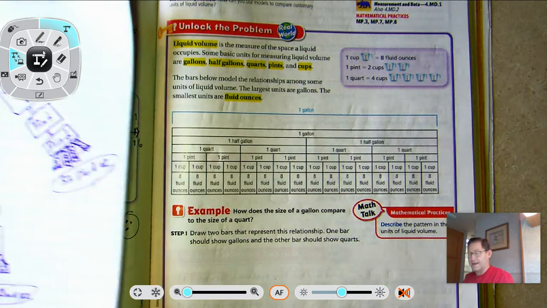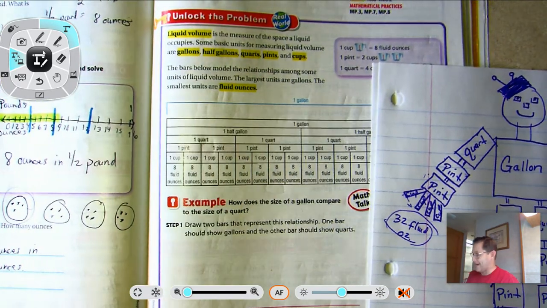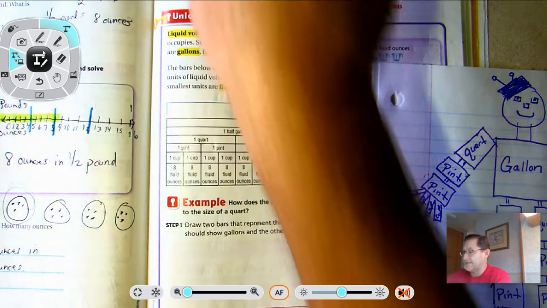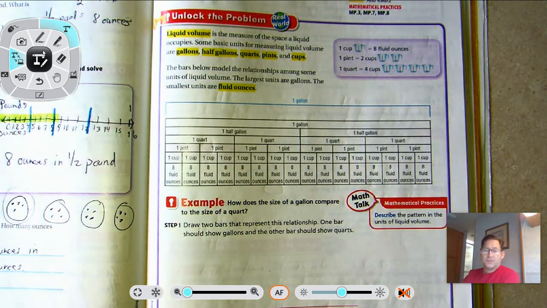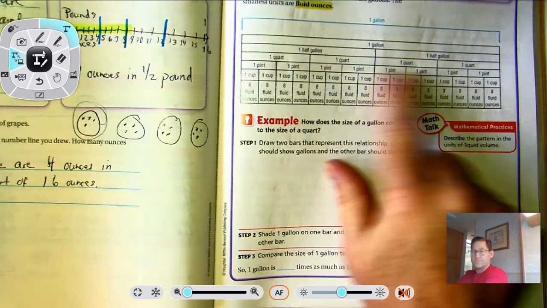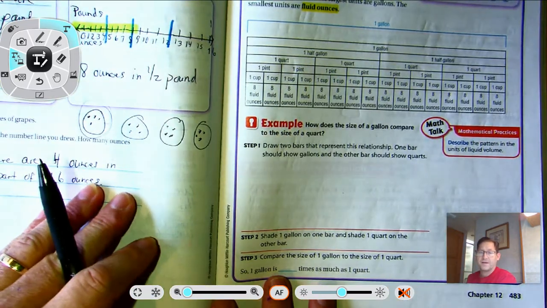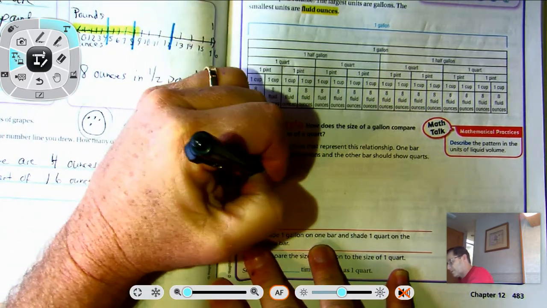Okay, so now, how does the size of a gallon compare to the size of a quart? It wants us to draw 2 bars that represent this relationship. So we are going to practice this bar model idea here. And we have a gallon and quarts. Okay, well, let's make